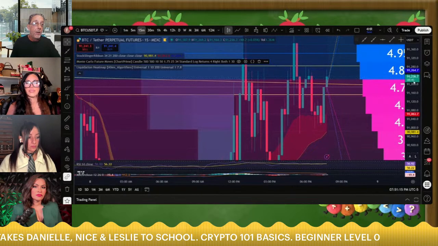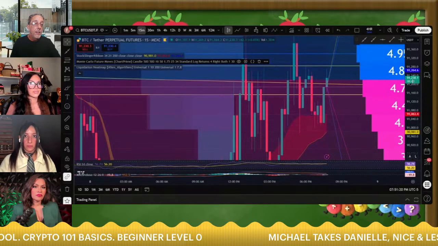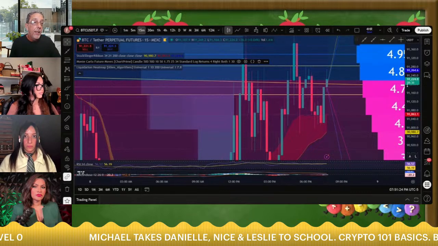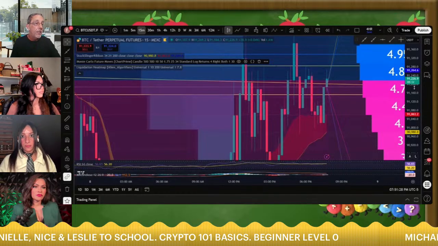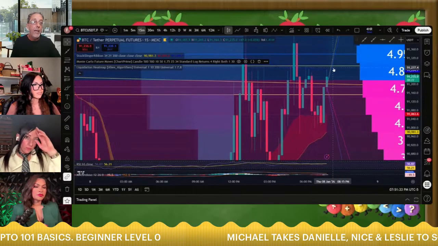And then it started over here, and we've got a little wick on this candle that we are in right now. If you look over to the right-hand side where I'm at, the green tab tells you where our current market value is at, 91,224. But it also tells you we've got 8 minutes and 33 seconds left in this particular candle, before it creates a new candle.